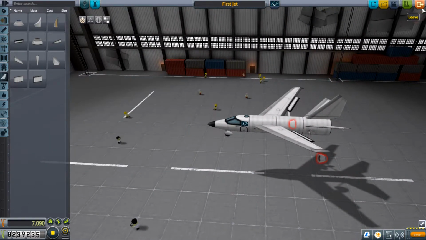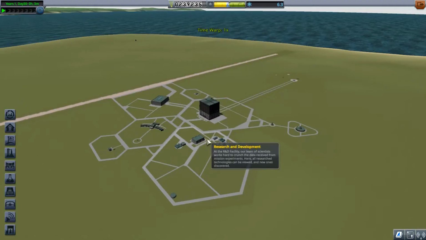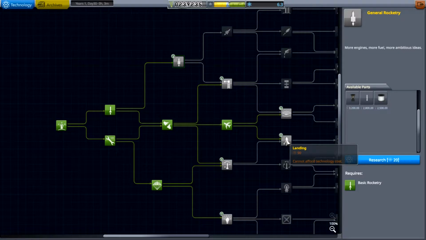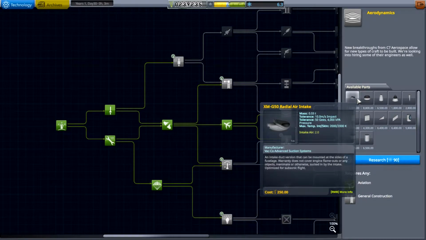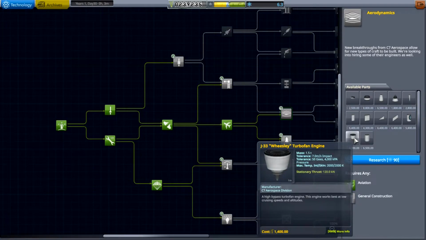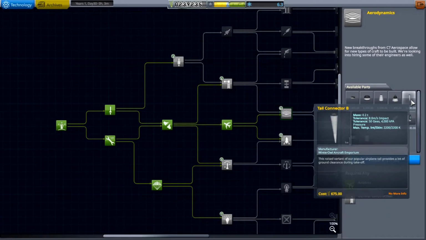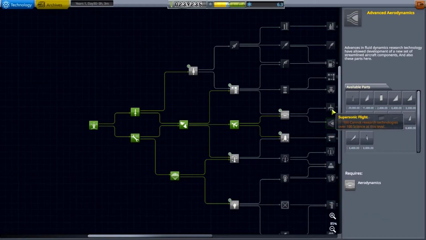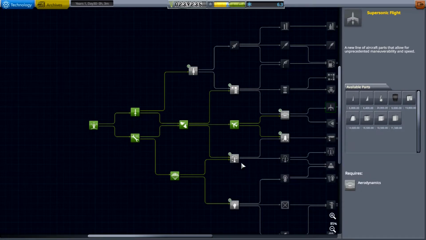Maybe. Don't save. I think we're missing some parts that I thought we were going to have to make that work. Is it following up? Landing? Definitely not. Aerodynamics. Yeah, see, this is the one I thought we were going to have, that radial air intake. Yeah, so...